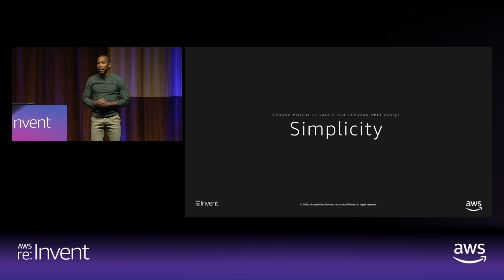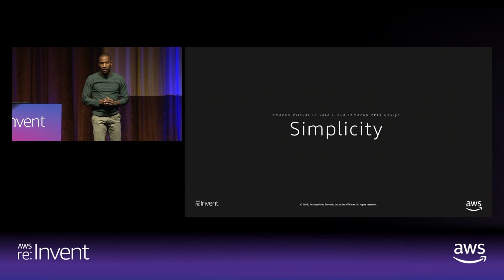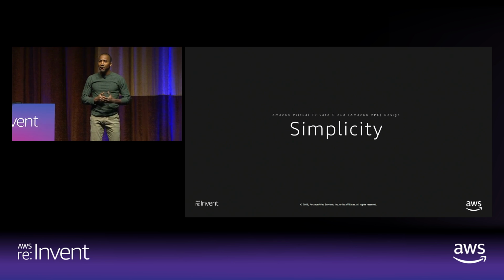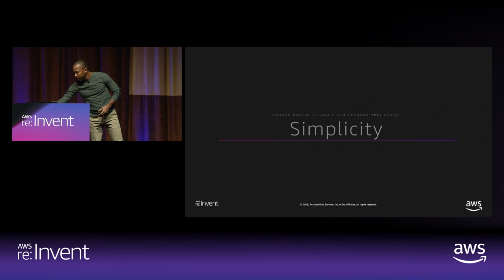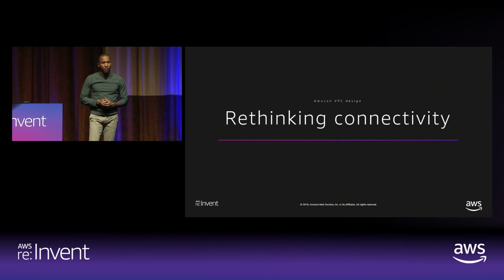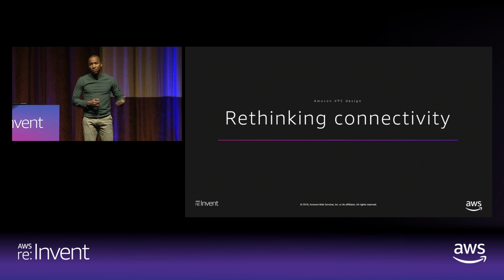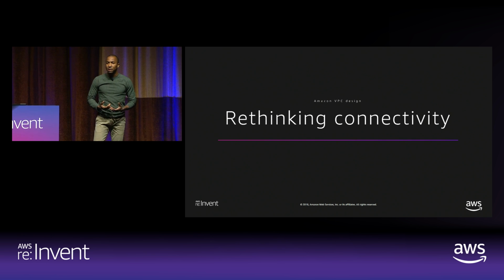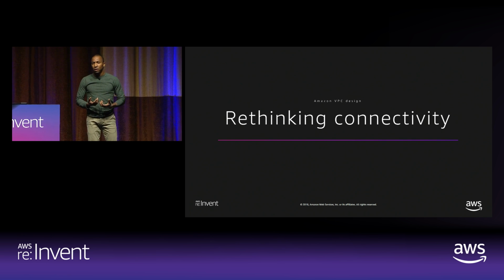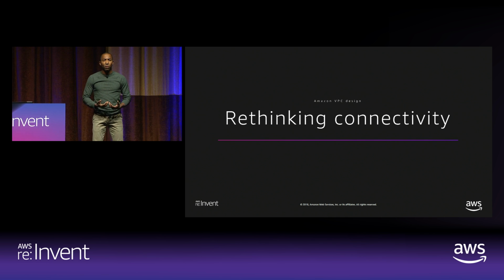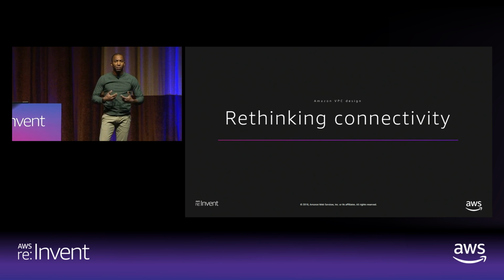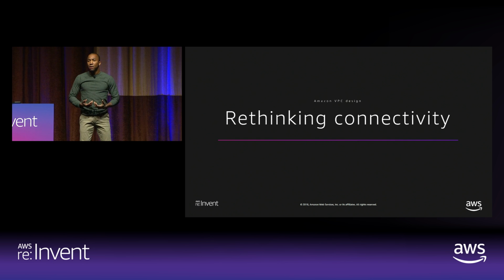This year, when I thought about the theme for my presentation, one thing kept on coming back to me, and that is connectivity. Throughout this year, interacting with my customers, I realized that we had to change how we thought about connectivity within the AWS environment. We had to get away from only looking at traditional principles like VPC peering and IPsec to really thinking about what my applications need.